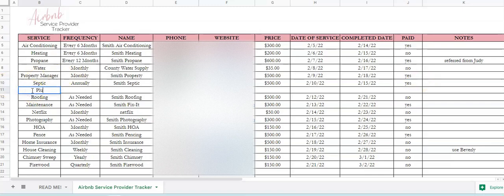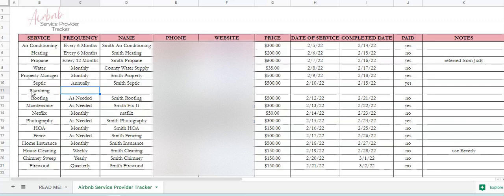And then same thing for the next one. And then you can just copy that down if you need to. And then our notes are,